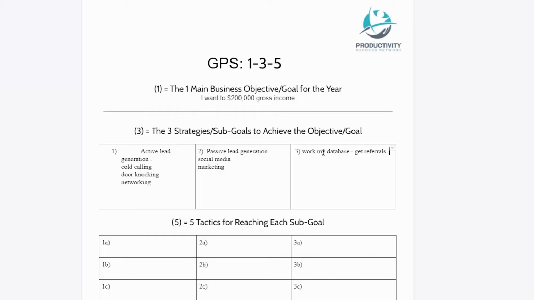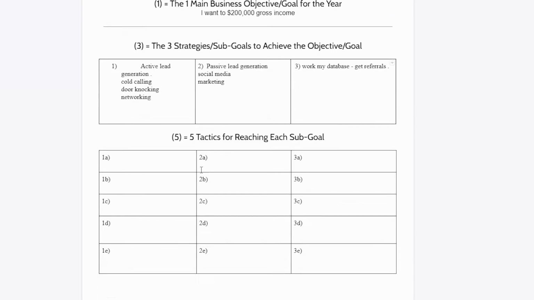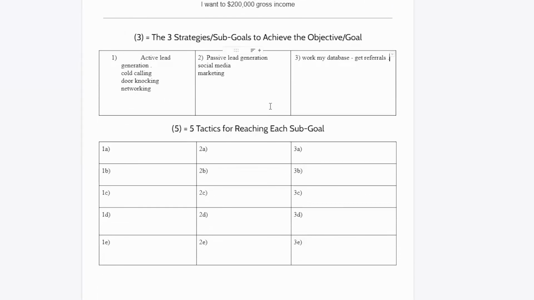Now, your list might look different, and that's okay. Everybody has a different plan, but this is going to allow me to basically build out what I need to do in order to achieve success and earn that 200,000. So now I have my 3 sub goals and I have clear action items I need to do here. I need to actively lead generate, passively lead generate, and work my database to get referrals. So what are the sub goals or the tactics that I can use in each of these categories in order to achieve that? The first thing I would recommend is focusing on 1 or 2 of these items, not on all of them,